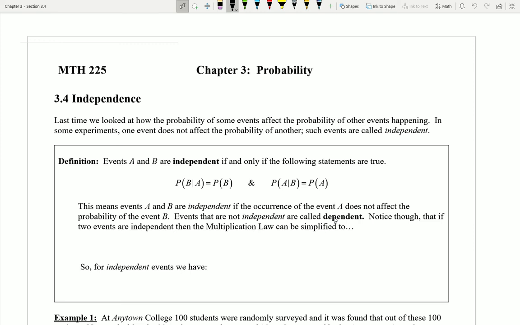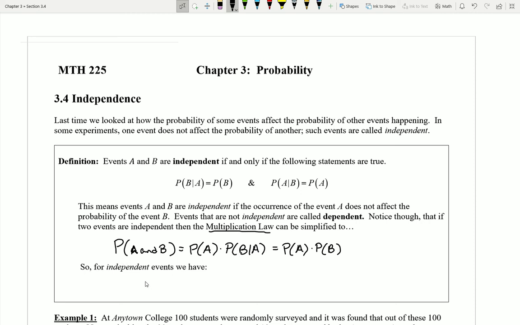However, notice that if these events are independent and this property here is true, this allows us to take our multiplication law from the last section and really simplify it down. You may recall that we had a multiplication law that said if I wanted the probability of A and B, I could calculate that as the probability of A times the probability of B given A. But if my events are independent, then ultimately I can just say, asking what's the probability of B given A should be the same as just asking what's the probability of B, right? Because A has no effect on B.